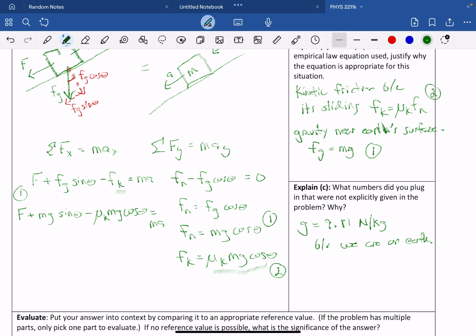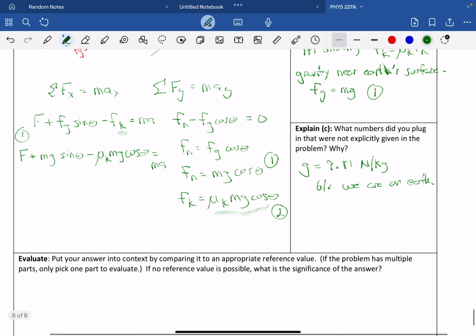Now all that's left to find the acceleration is to divide both sides by mass, and acceleration is equal to the push force plus mg sine theta minus mu k mg cos theta